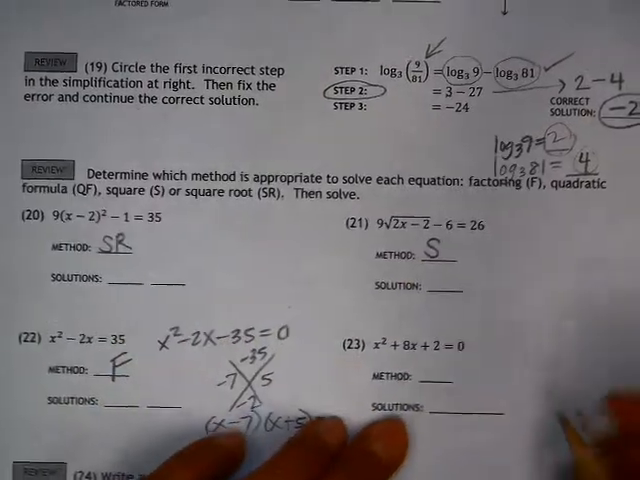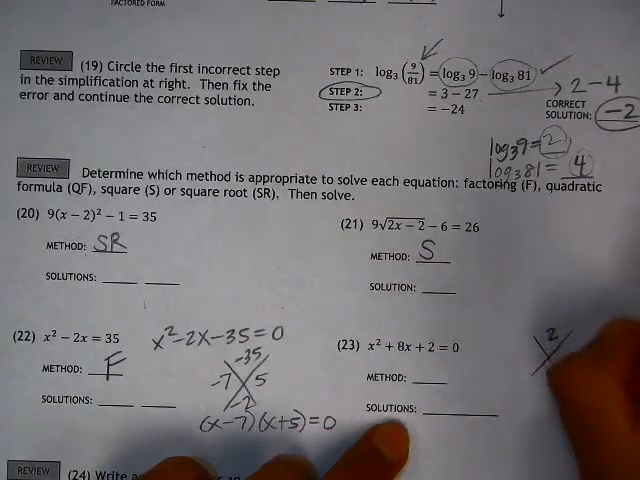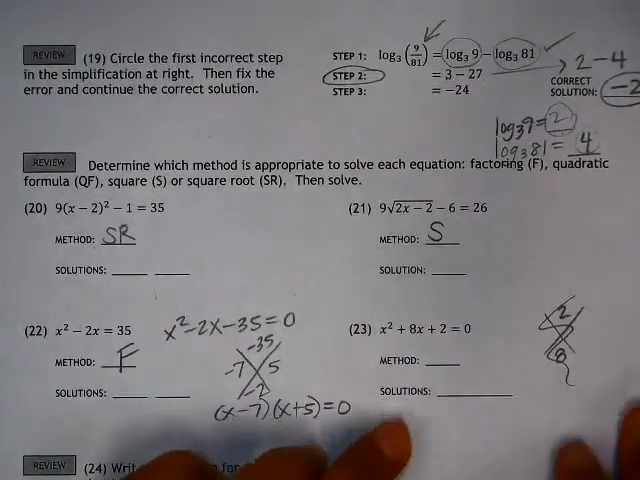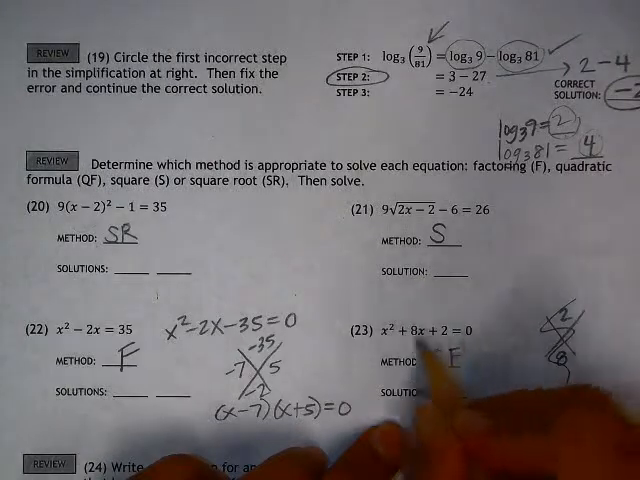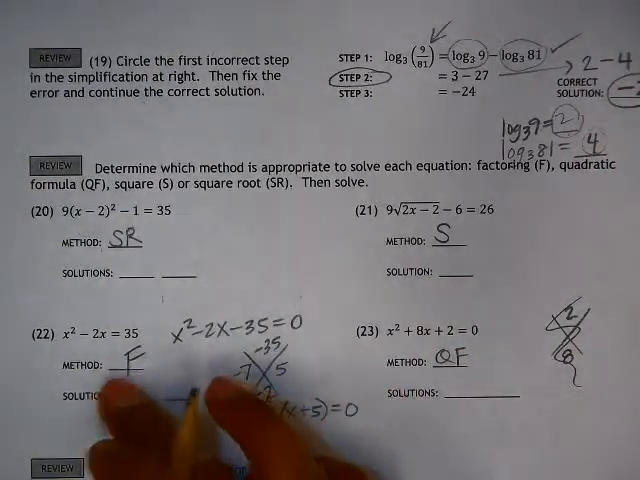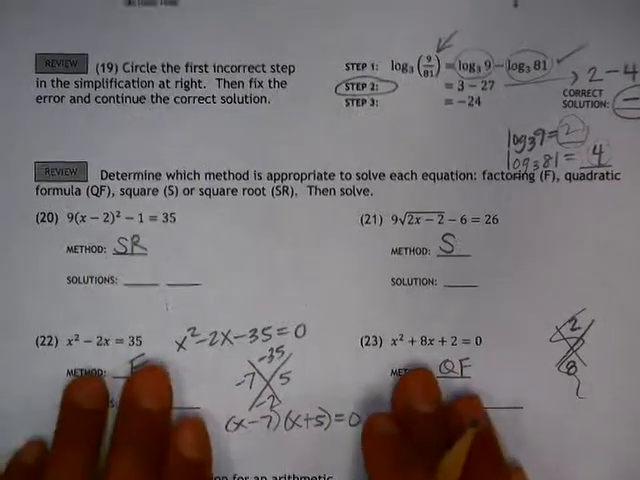Number 23, we can check if it's factorable, but it's not. So rather than trying to factor it, we could use quadratic formula to solve for x. All right, so I'm not going to go over 22 and 23 any further, but let's look at